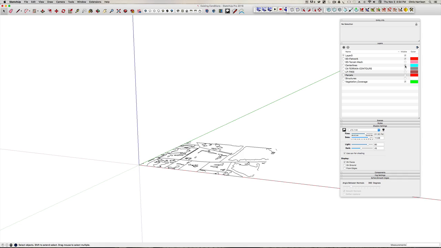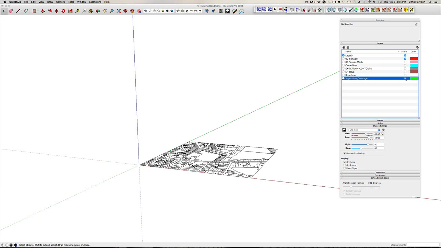I'm going to turn the street center line off, and I'm going to turn the parcels back on. And really what I want to do for this is combine those to layer 0, so all my line work typically is on layer 0. So I'm going to delete parcels and say move to current layer. And then I'm going to go to